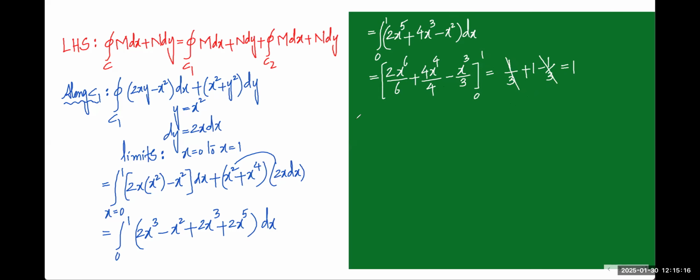Now we go for C2. Along C2, the integral over C2 of m dx plus n dy, we know already. It is 2xy minus x square dx plus x square plus y square